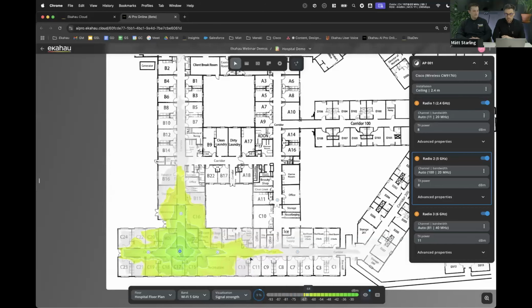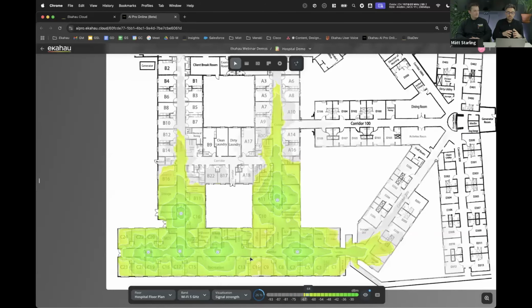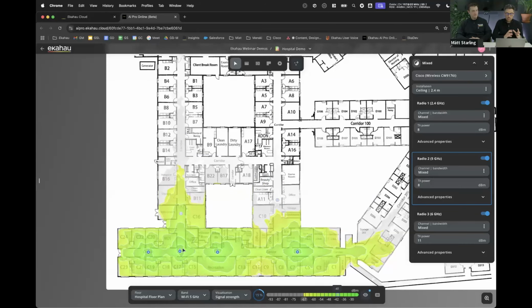There are a couple of other reasons why you wouldn't necessarily want to place access points in the corridors, because you really want to place access points where the main location is going to be for where your clients are going to be actually using the network. So in this scenario, you'd want to put them in the rooms because that's going to be the place where you're sitting down at your desk, you're doing your work, you're joining calls, etc.